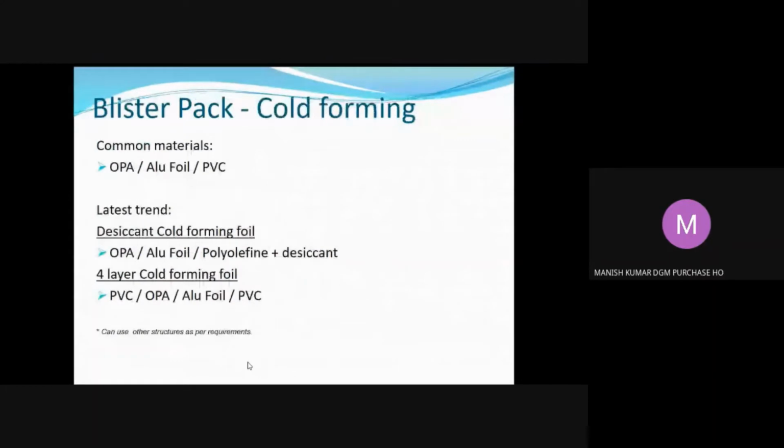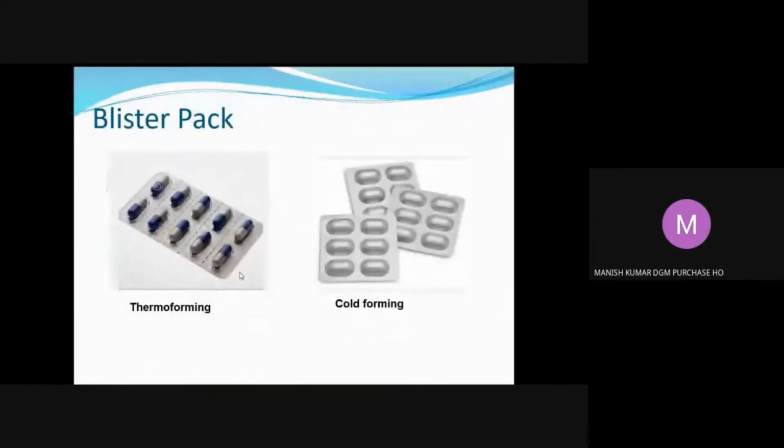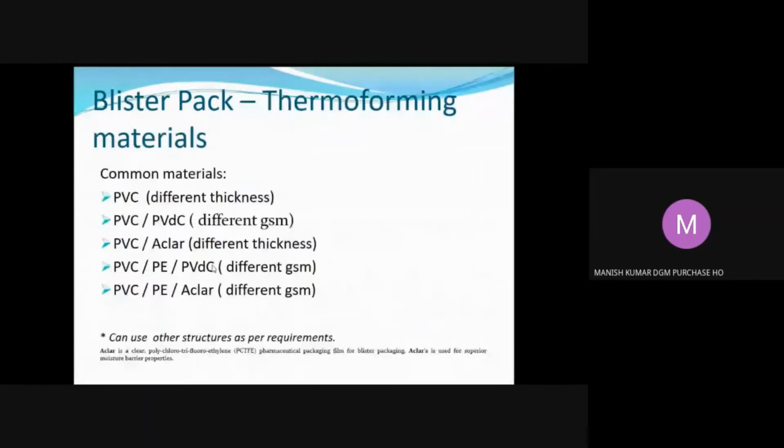So cold forming material, this is called the blisters. What you can see in the thermoforming foil is PVC, PVDC, Aclar. You can get it in different colors also as per your product requirement. It can be transparent, amber color, green color, metallized, every type of PVC, or you can do different printing also on the PVC, for your brand value, for the promotion of brand value, or to provide anti-counterfeiting features in the PVC.